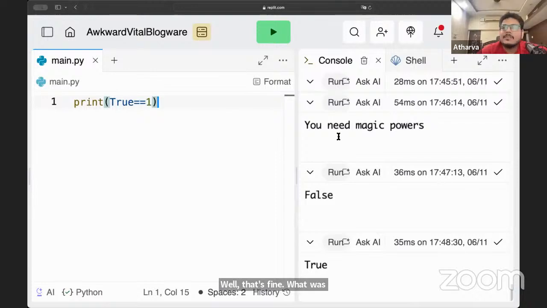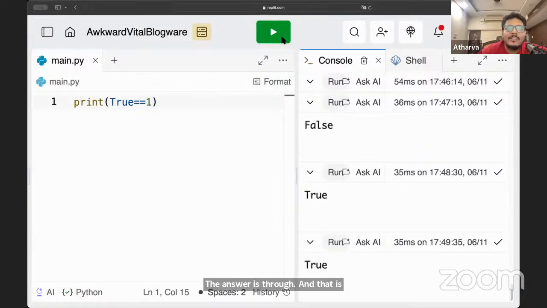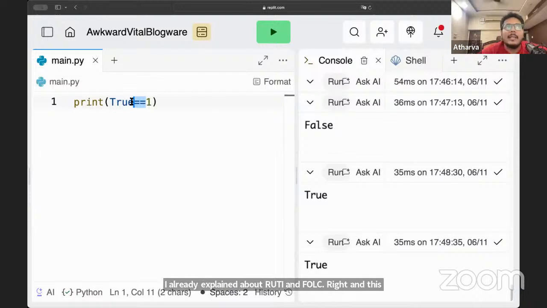No, the answer is true. Answer is true because one is a truthy value. I already explained about truthy and falsy, right? And this does not check strictly.